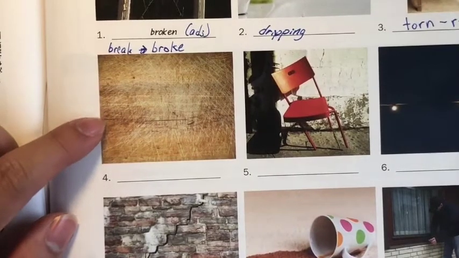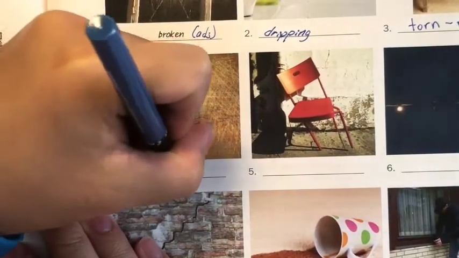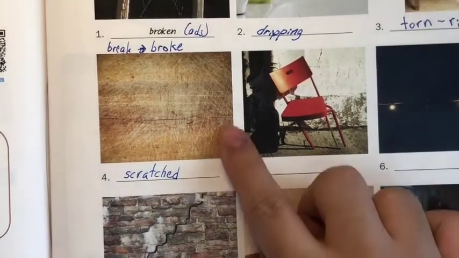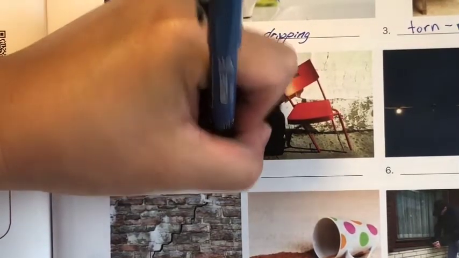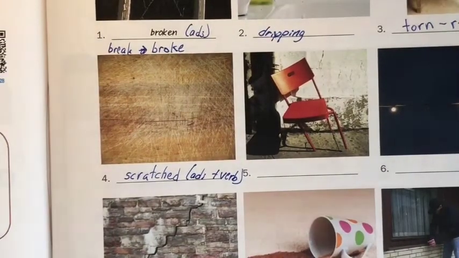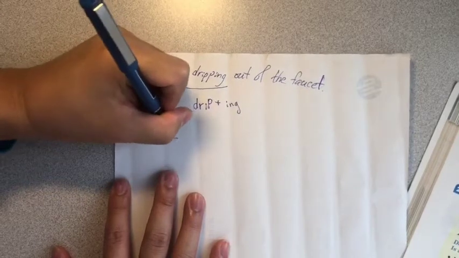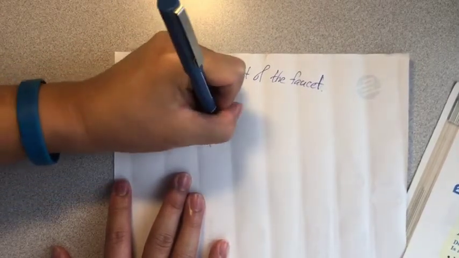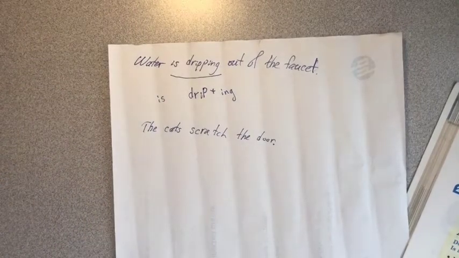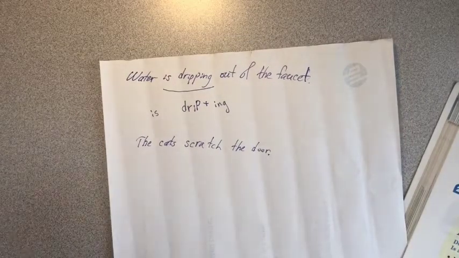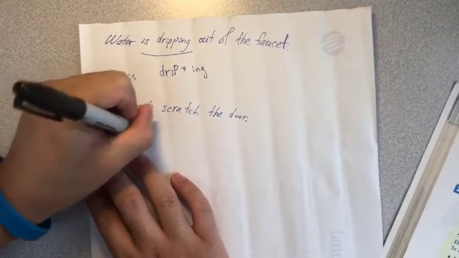Number five. This is the picture of a floor, and it is scratched. The floor is scratched. Scratched is an adjective and a verb. So we can say the cats scratch the door. So this sentence is in present tense. The cats scratch the door. They scratch the door. In past tense, we say the cats